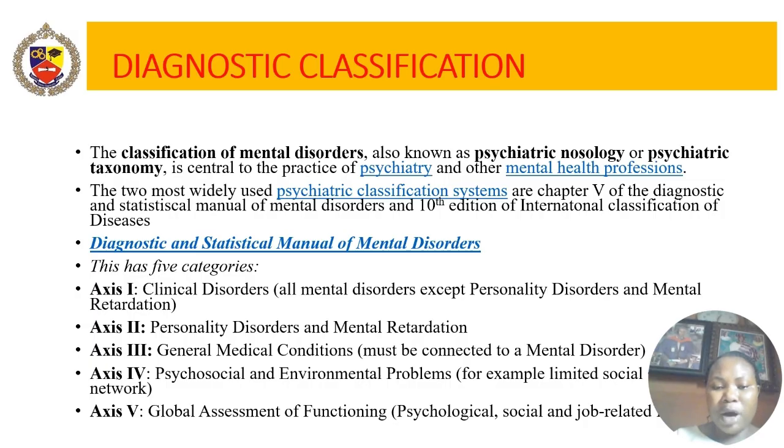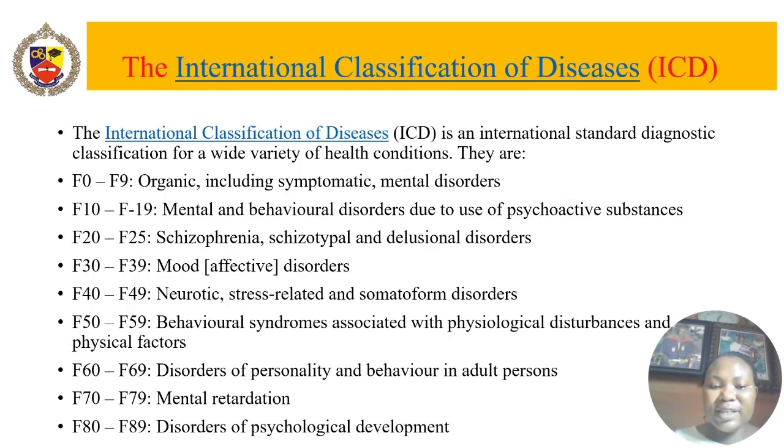Then talking about the ICD, we have F0 to F99, with intervals between them. You see F0 to F9, F10 to F19, F20, and so on. So that is how it is classified. F0 to F9 is organic, including symptomatic mental disorders, and there is an acronym that we use to connote it, which is called